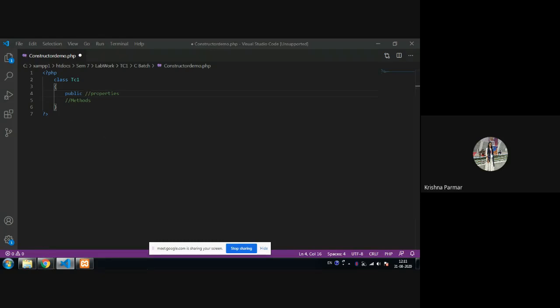If you are using the private keyword, then it is accessible only within this class. If you are using protected, then this class also, and if you are using the inheritance concept that we will cover in this lab session, in that case also you can use those protected variables. So that is the scope of these three access specifiers.